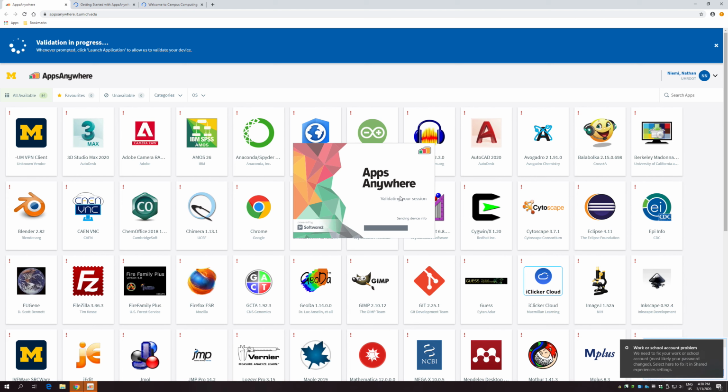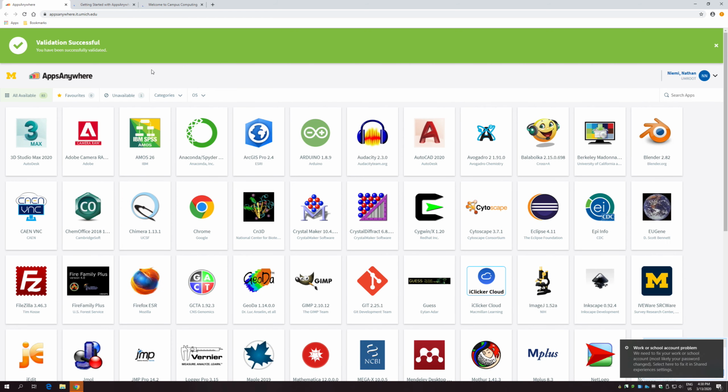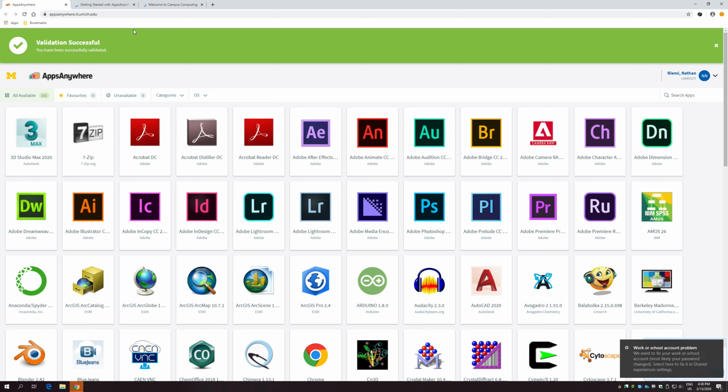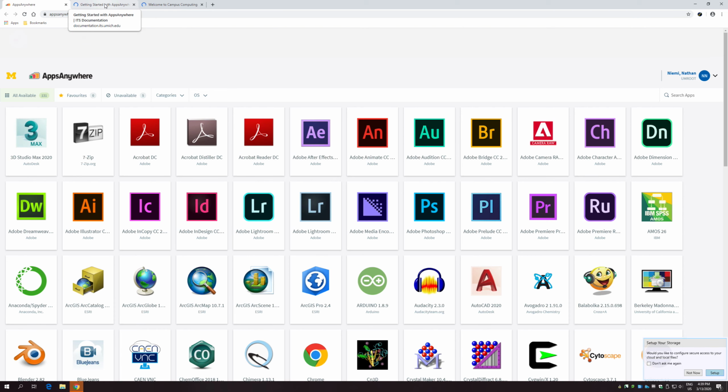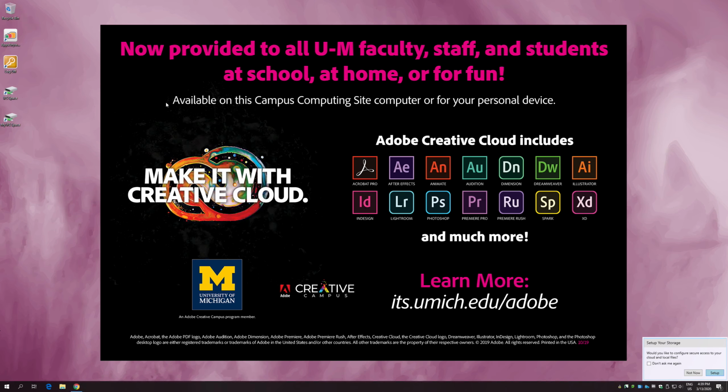Okay, so this is just the Apps Anywhere web page at the University of Michigan. Got some information about how to use that and about campus computing. For the moment, I'm just going to minimize this browser